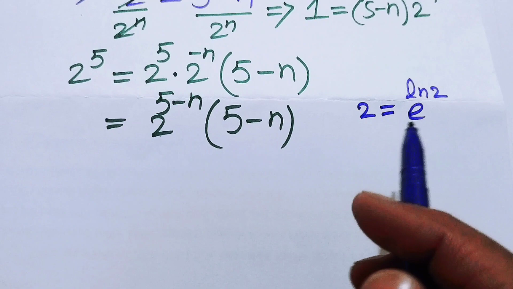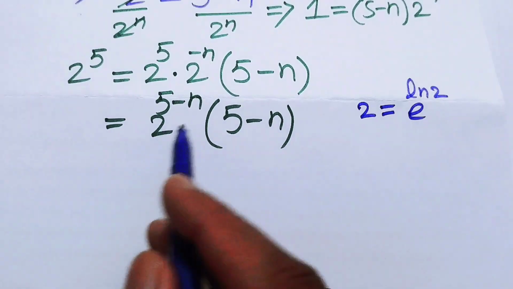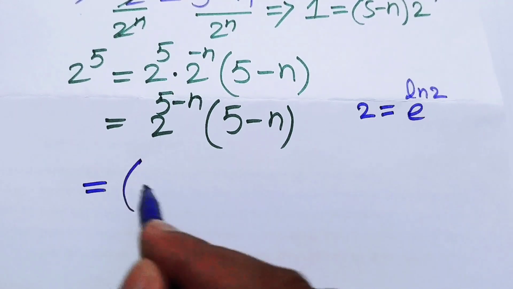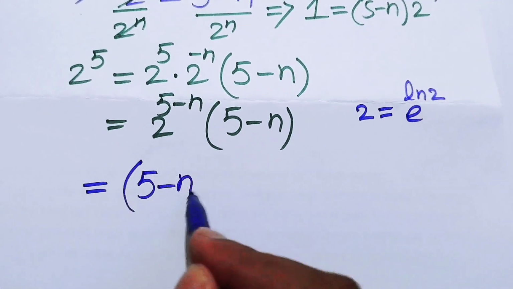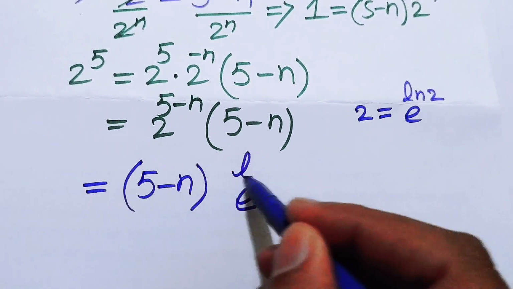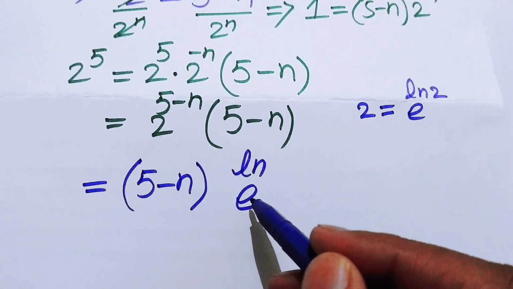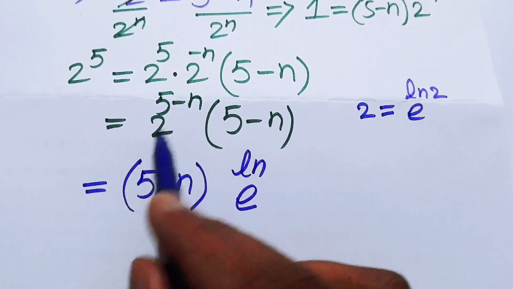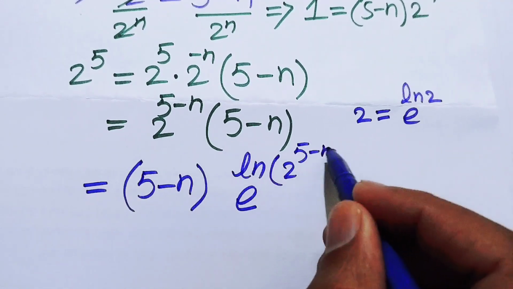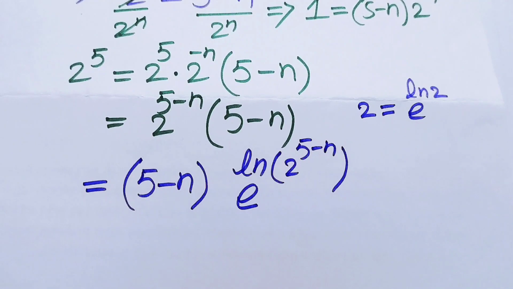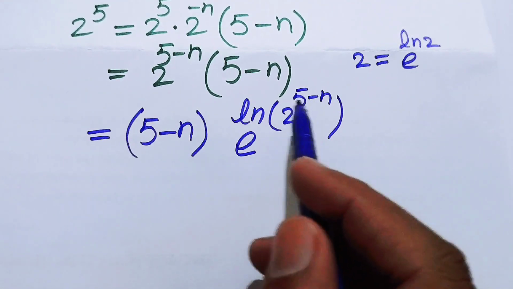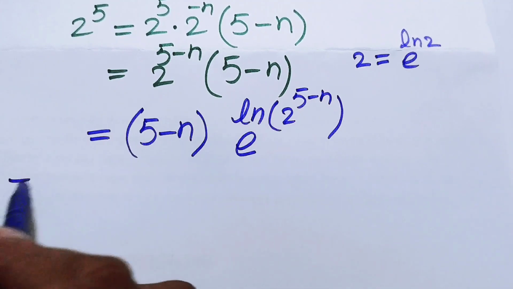So now we can use log and anti-log at the same time in this expression. So this expression will be written as (5 minus n) times e to the power of log. Here I can take the log and anti-log at the same time, and we have 2 to the power of (5 minus n). And after this step we will apply the property of logarithm, so this exponent will come in front of this log, and we write it